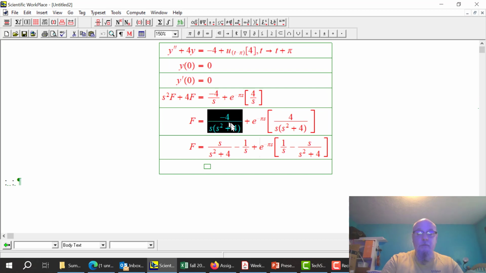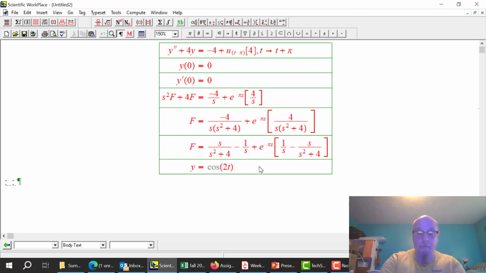I've broken this piece up into partial fractions. I didn't have to redo the math because the inside of this square bracketed piece is just the negative of that outside piece. So I could use the same partial fractions but just multiply through by a -1. So now it's broken up into pieces, and now I can unLaplace. Inverse Laplace of capital F is y. Inverse Laplacing this one is going to be